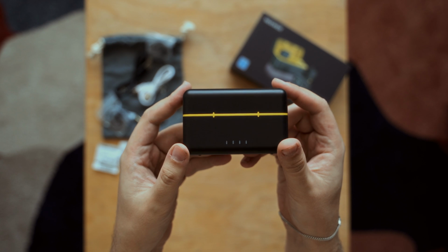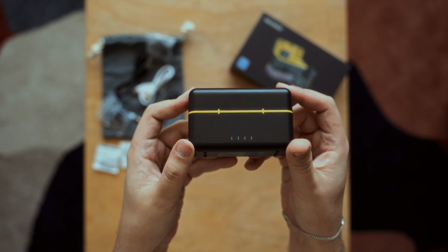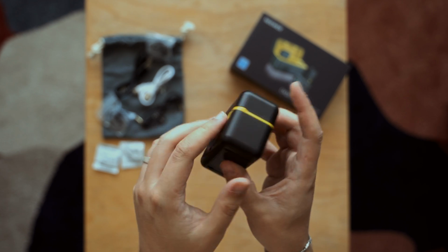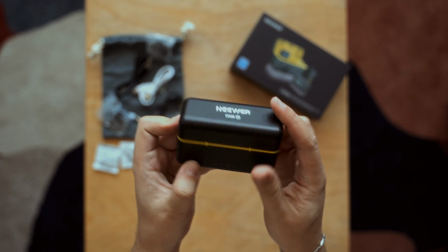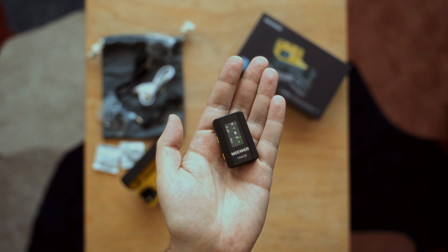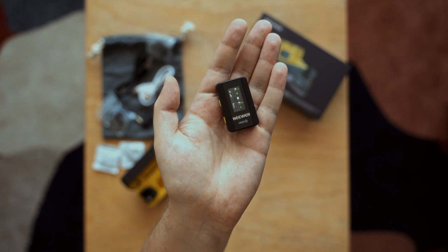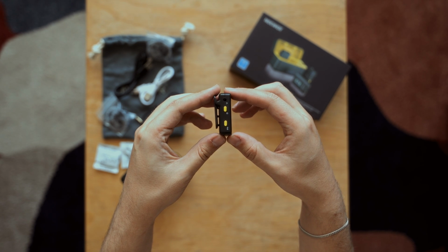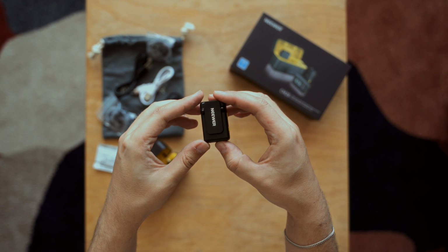With this kit you receive a charging case that holds both transmitters and the receiver, as well as 2 USB-C dongles for smartphones. You can charge the charging case itself via USB-C. The battery life of this mic system, with recharging up to 2 times in the case, is about 18 hours. The receiver comes with a small screen that shows the charge level of both transmitters and the receiver. It also has a button to adjust the recording level, along with the power button, headphone jack, output jack and